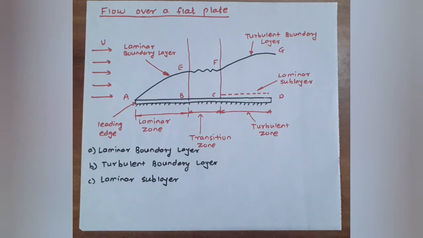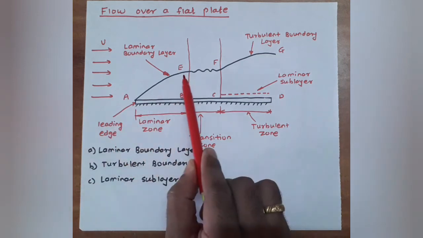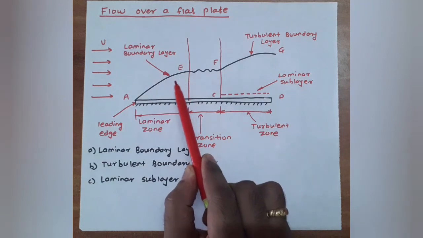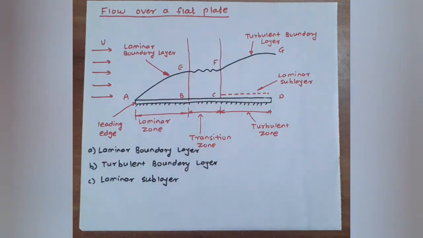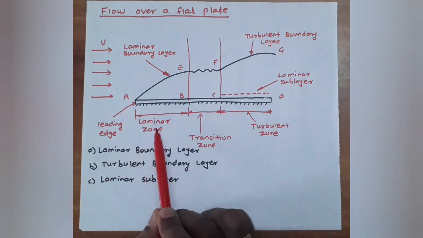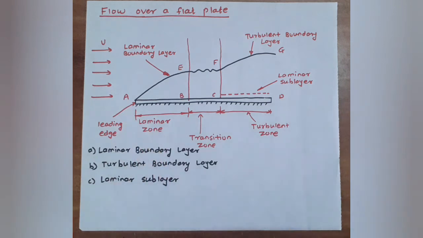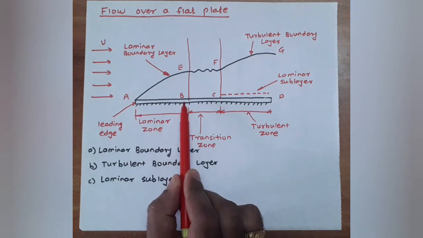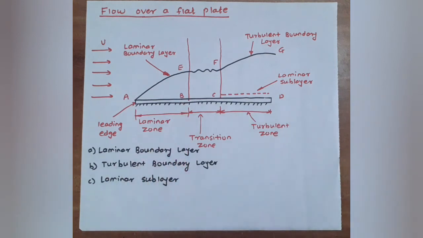This layer of the fluid is said to be the laminar boundary layer. This region is shown by the A to E section. In this region, the length of the plate from the leading edge up to where the laminar boundary layer exists is called the laminar zone, and this is shown by the distance AB. The distance of B from the leading edge is obtained by Reynolds number equal to 5 into 10 to the power 5 for a plate, because up to this Reynolds number the boundary layer is laminar,